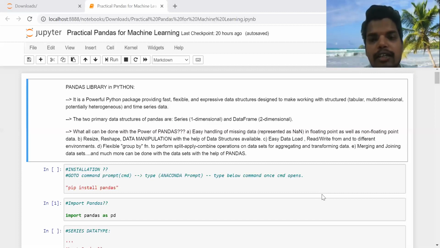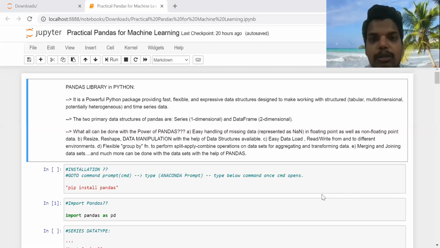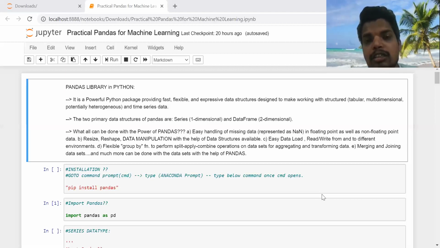Based on that, it represents the data either in a one-dimensional format, or a tabular format, or a two-dimensional or even a three-dimensional structure also. Okay, so there are a few types of data types, or you can say data structures, available in the pandas library, for which you can get faster manipulation of the data which will be loaded into that data type.